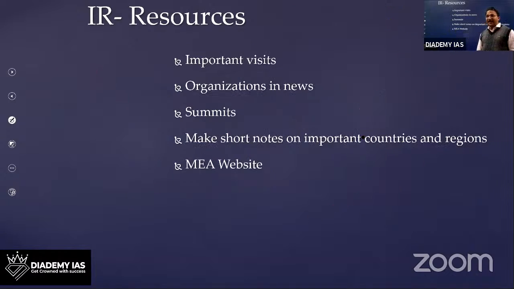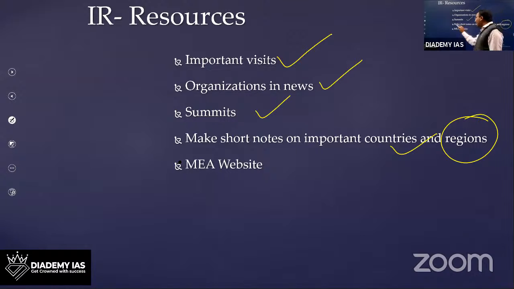तो उसको पता लगाने के लिए क्या करना होगा, यू हैव टू ऑब्जर्व इंपॉर्टेंट विजिट्स ऑफ द वेरियस टॉप डिग्निटरीज। जो टॉप डिग्निटरीज हैं उनके इंपॉर्टेंट विजिट्स आपको देखने होंगे। क्या क्या ऑर्गेनाइजेशन न्यूज में है, फॉर एग्जाम्पल जैसे अभी WHO न्यूज में है, ठीक है। समिट्स किस किस ऑर्गेनाइजेशन की हो रही हैं, कैंसिल हो रही हैं, उनके थीम्स क्या हैं। देन इंपॉर्टेंट कंट्रीज एंड रीजन वाइज, सेंट्रल एशिया, वेस्ट एशिया, ईस्ट एशिया, और MEA की वेबसाइट पे जो भी इंपॉर्टेंट डेवलपमेंट्स हैं, आपको उनको ऑब्जर्व करना होगा। उसके बेसिस पर आपको टॉपिक की लिस्ट आइडेंटिफाई करनी होगी और फिर उन टॉपिक्स को आपको कॉम्प्रिहेंसिवली प्रिपेयर करना होगा। अगेन आई एम सेइंग, डोंट प्रिपेयर अननेसेसरीली एक्स्ट्रा इन द